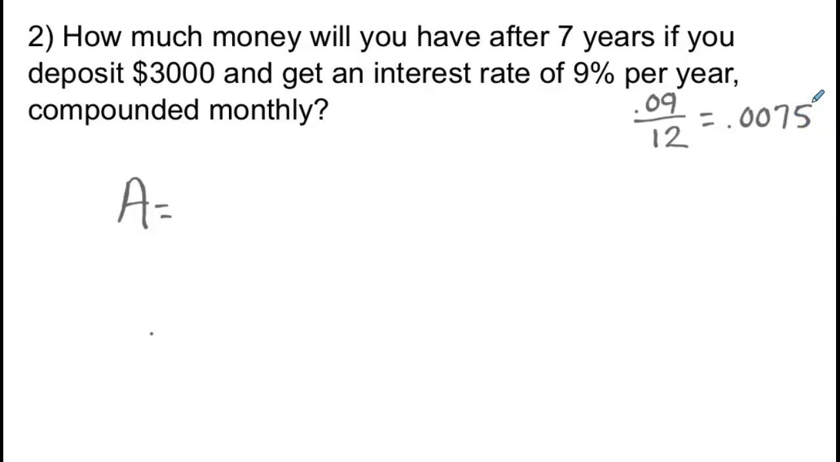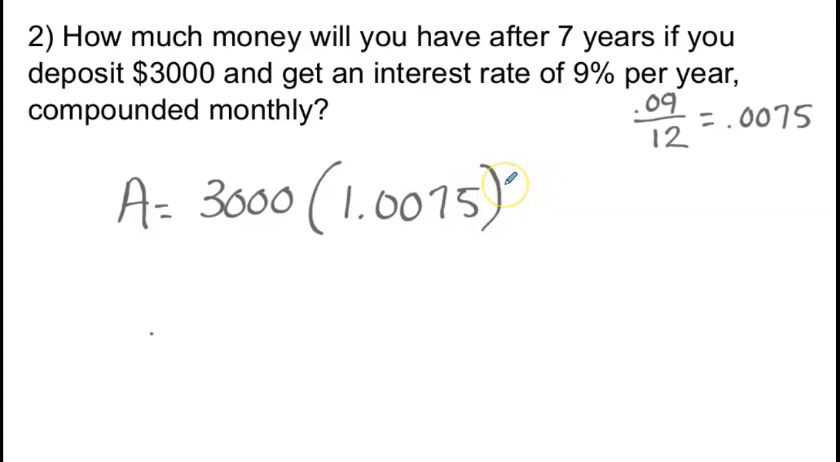So that's 0.0075. It's really similar in this formula. I'm still going to start with 3,000, and I'm going to multiply it by 1.0075, so 1 plus that. But this time, instead of compounding it 7 times, you do it every single month. So you have the 7 times 12 right up here, which is 84. So when I do this, I would type into my calculator 3,000 times 1.0075 to the 84th power, and I get